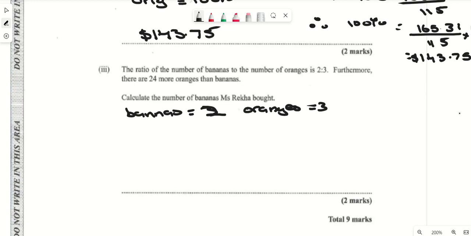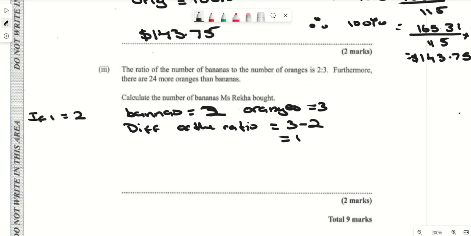And the difference of the ratio would be 3 minus 2, which is equals to 1. So the difference for the ratio is 1, and the difference in fruit is 24. So we can say, I'll do it on the side, if 1 is equals to 24,